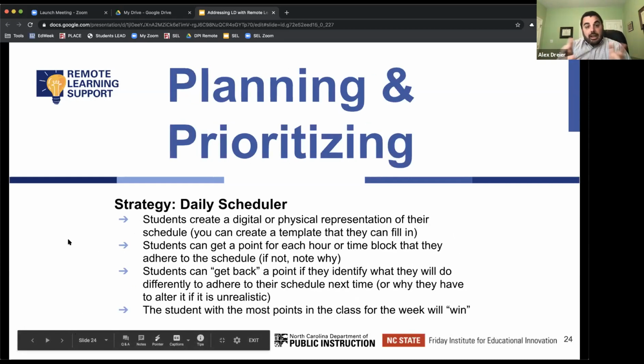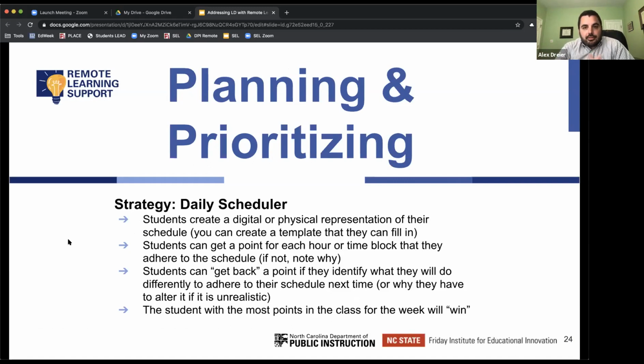Another one of those skills that's associated with executive function is planning and prioritizing. So Mark alluded to this before. He referenced the notion of a daily scheduler. But one of the ways that you can have students do it, again, either digitally or not, is they can create a digital or physical representation of their schedule. Again, as Mark said, flexible, loose. We're not talking to the minute. And you can create maybe some sort of template, again, a loose, broad template